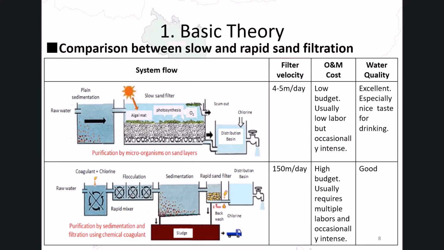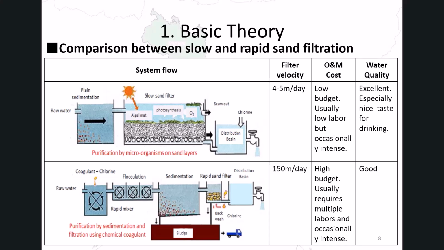Although both slow sand filtration and rapid sand filtration systems use sand, their principles are very different. Slow sand filtration is a biological process. It works at a very slow rate, needs no backwashing, and depends on the biological layer for purification. Rapid sand filtration is a physical and chemical process. It requires coagulation, backwashing, and mechanical control. It works at high speed and is suitable for large systems with highly turbid water.